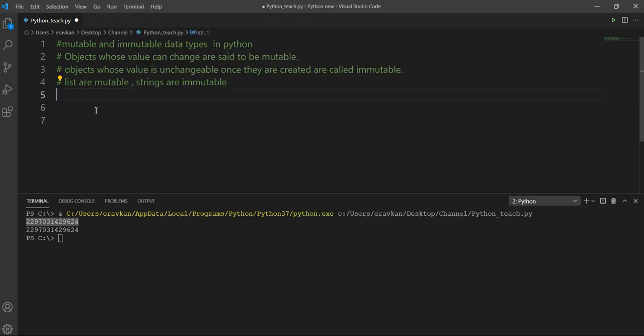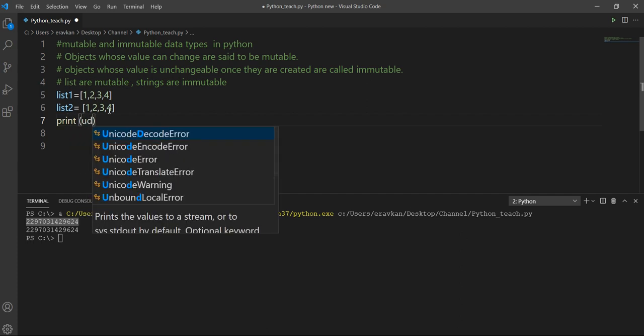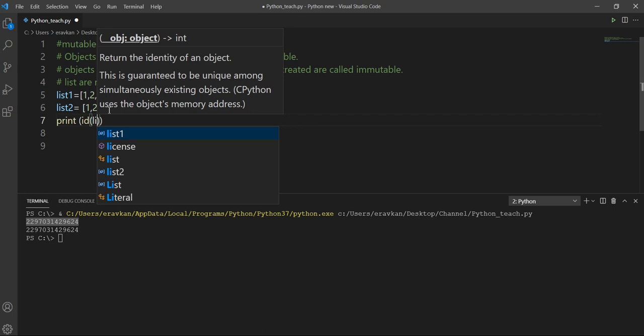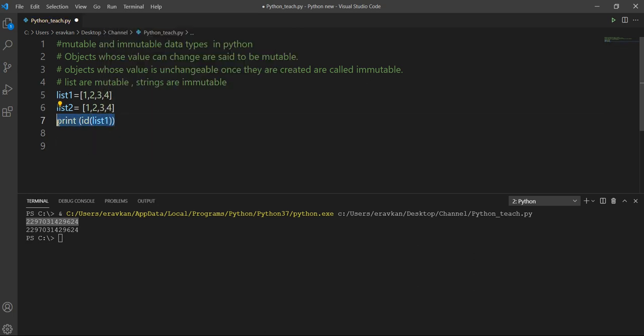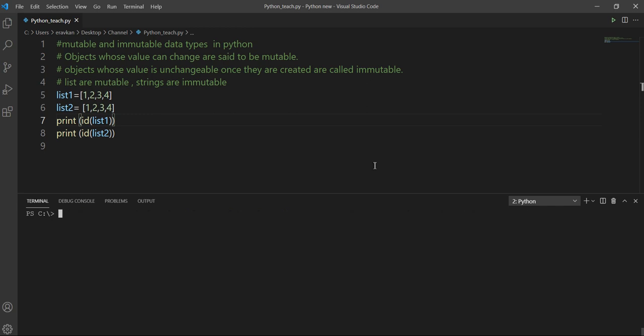Let me take the example of a list now. If I have list1 equal to 1, 2, 3 and 4, and now I create another list with the same value 1, 2, 3, 4, and I try to see the id of my list1 and similarly the id of list2, see, the memory location is different.